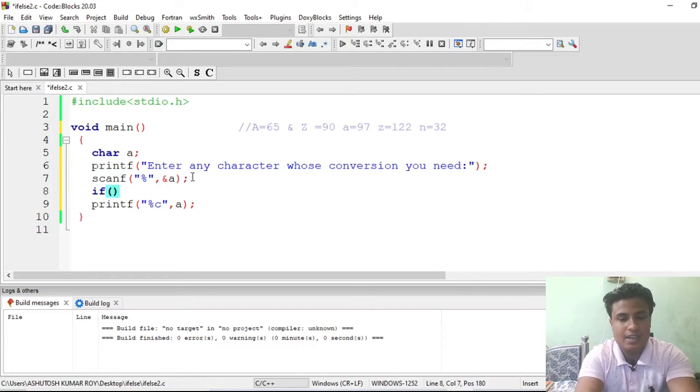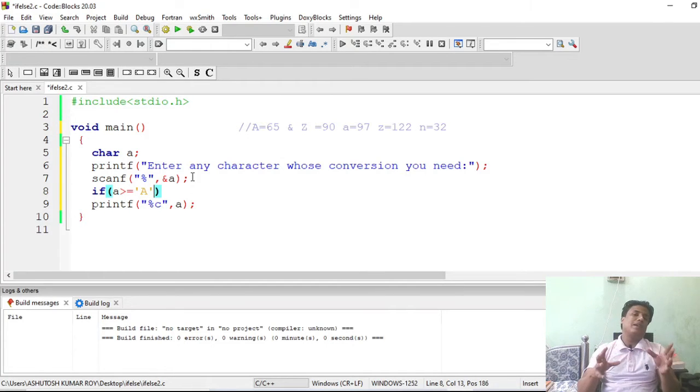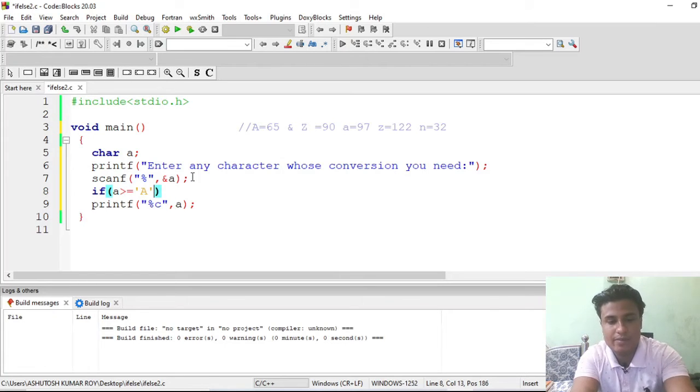Use of if else is there. If A is greater than or equal to, what could be the case? Suppose firstly we are doing it for capital A, and here we will use the AND operator. Why AND? Because we have to check the range between A to Z, which cannot be done by OR, because if one condition in OR is true, then it will directly return true, it will not check the range. So for range checking always use AND operators. Okay, hope you are getting it. So let me use AND.